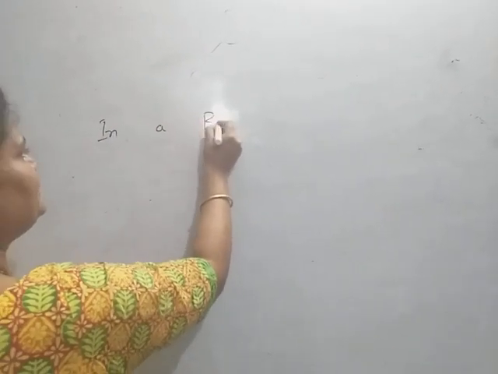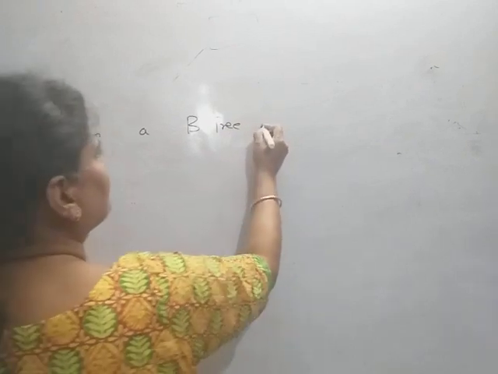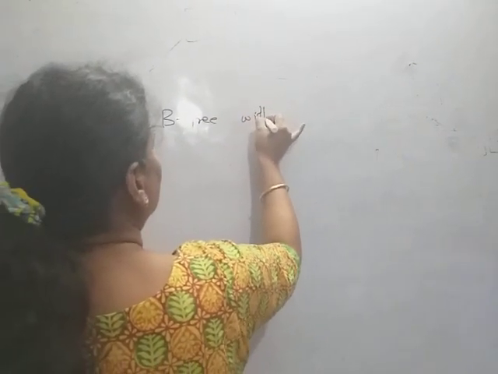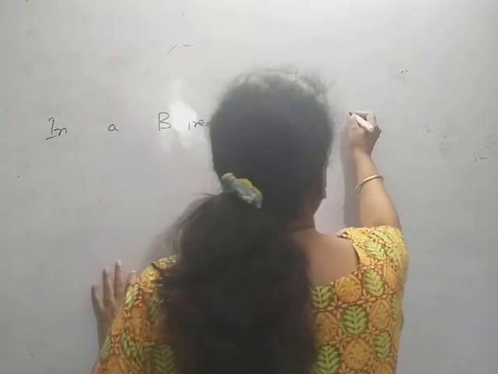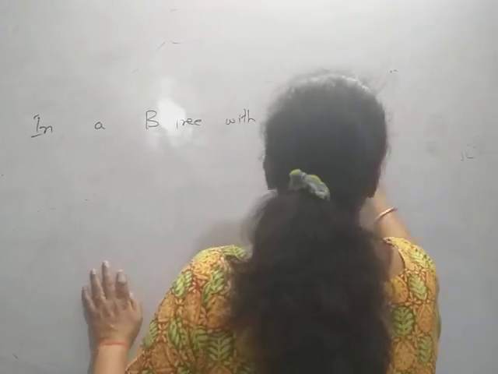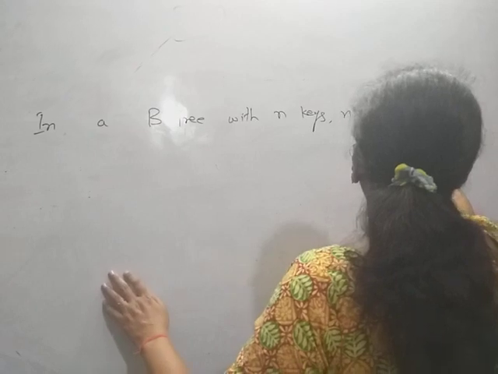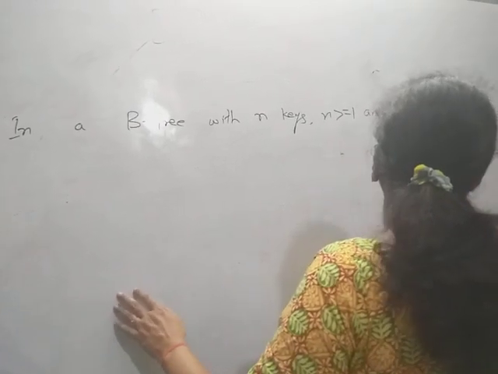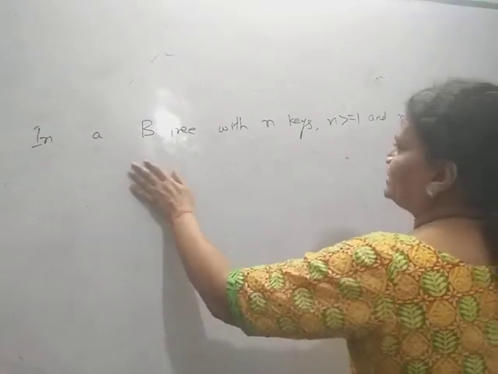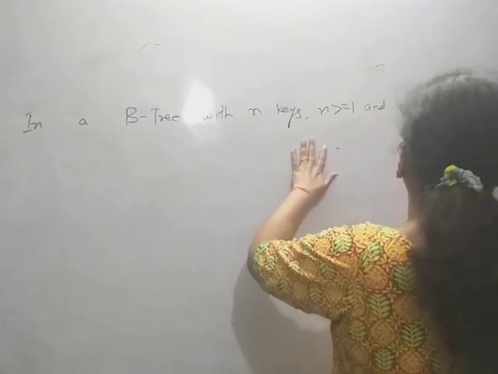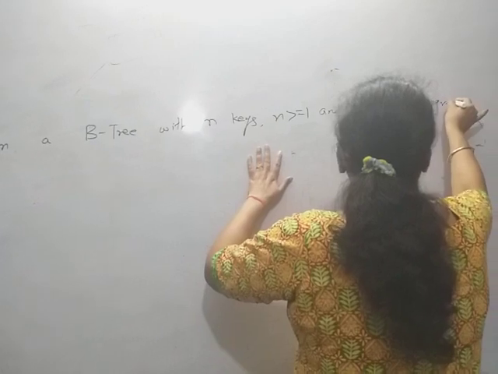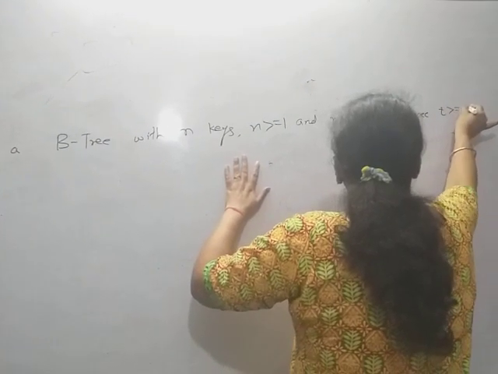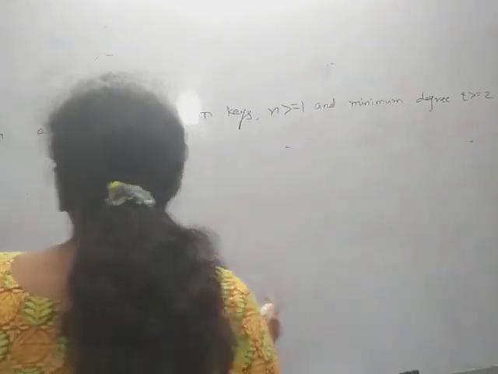in a B tree with n keys, where n is greater than or equal to 1, and minimum degree t greater than or equal to 2. The height of a B tree,